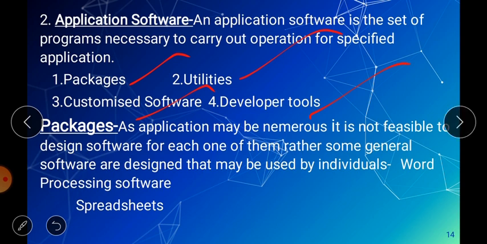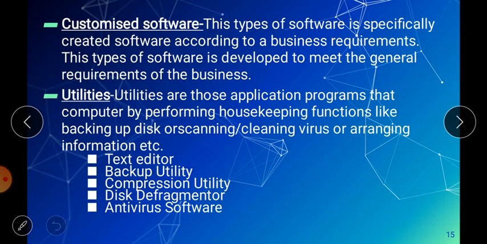in any office. Now the next one is customized software. So what is the customized software? As there is generalized software, this actually works for the techies. The software engineers develop the customized software according to the need, according to the requirement of any particular person. If you are designing any website or any software, then this particular software is called the customized software. Means the software made by the software engineer in order to meet any specific goal.